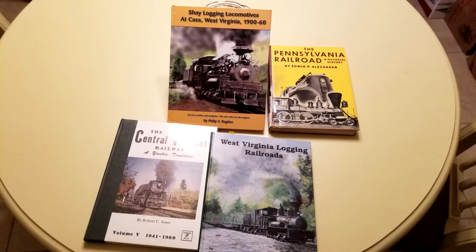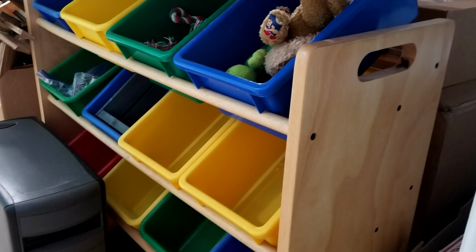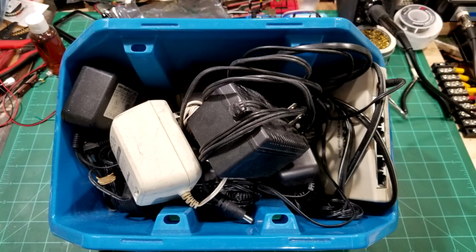I've gotten books there. If you want to learn anything about model railroading, the discount books is where you're going to find it. You could find discount books there anytime. But check out the thrift stores wherever you can. You might not find it every time. A lot of the things that I got for electronics, but those wall warts that I took apart in one of the other videos, I got those for 50 cents. Number 4,